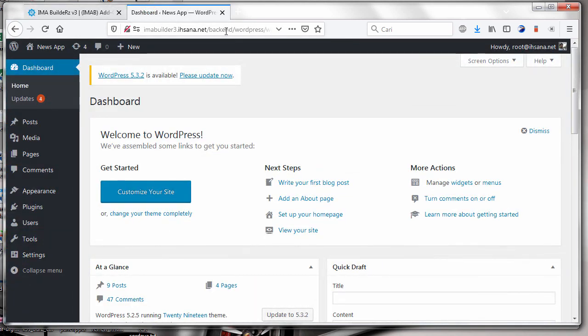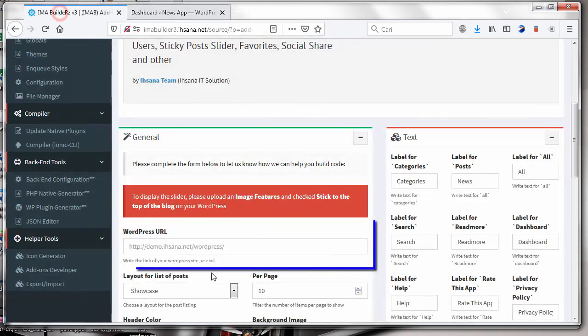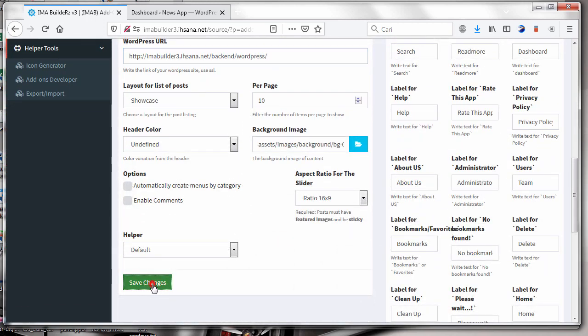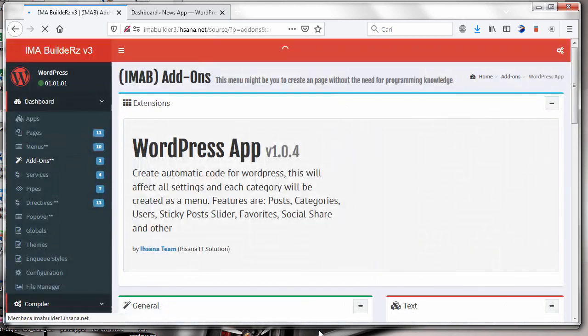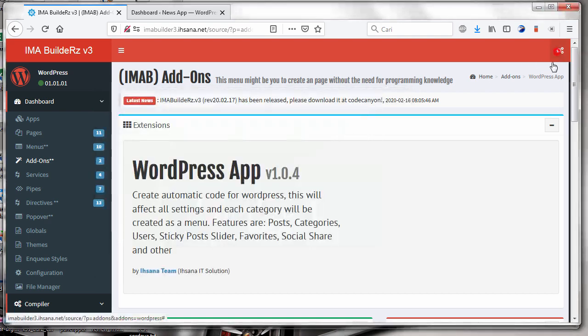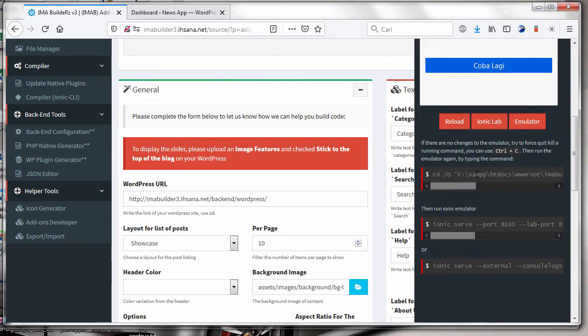By default, WordPress has prepared everything for the application. Okay, let's run the emulator.